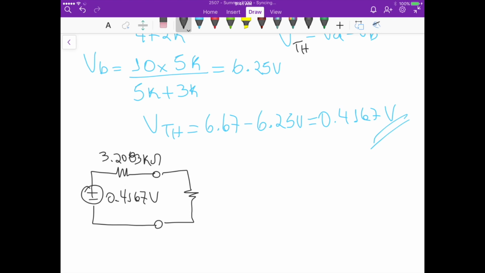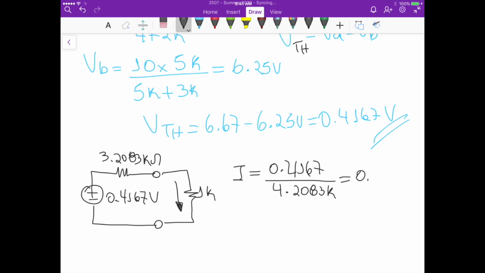Now for part B, we have to insert the R5 here, and this R5 is 1K. So how do we calculate the current that's flowing through this load? We just take the voltage divided by the series of 3.2083K with the 1K. So this current I is going to be 0.4167 divided by 4.2083K, and that equals 0.9901